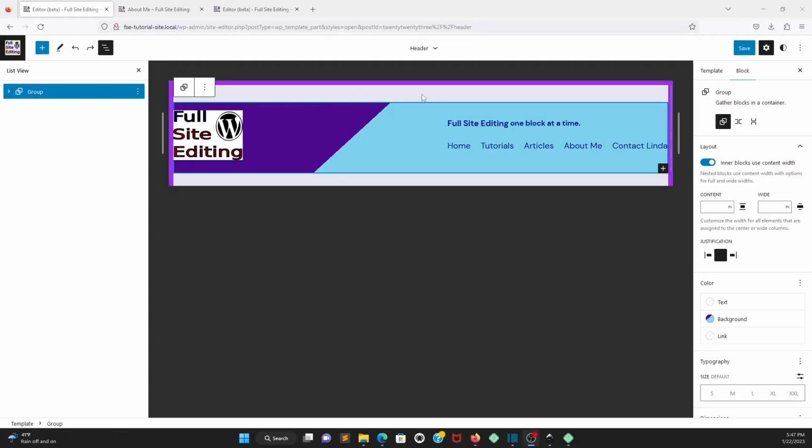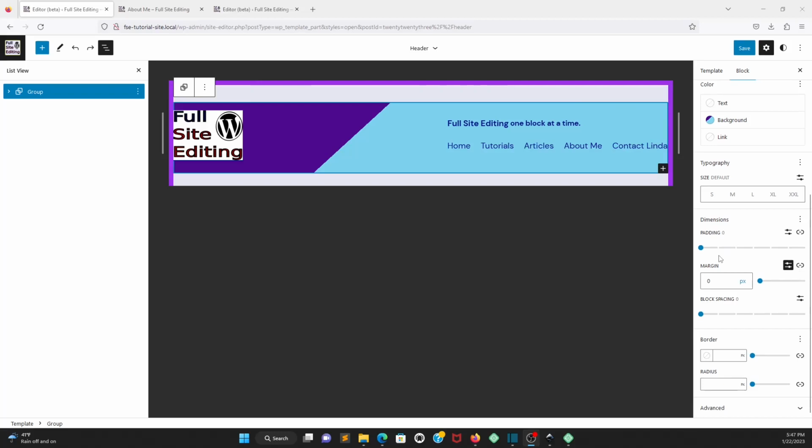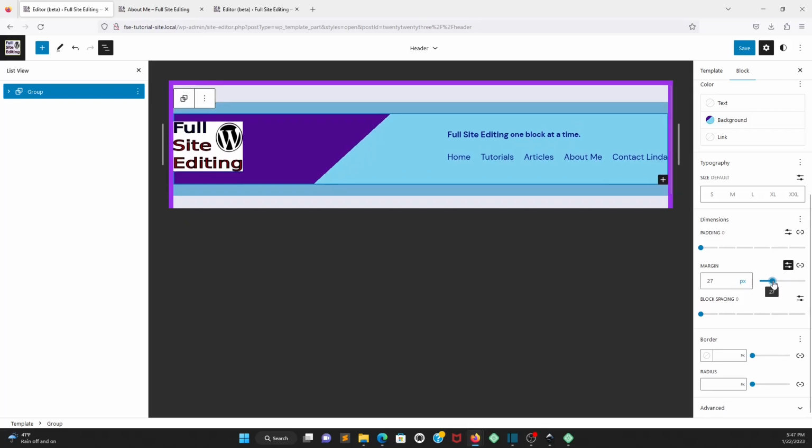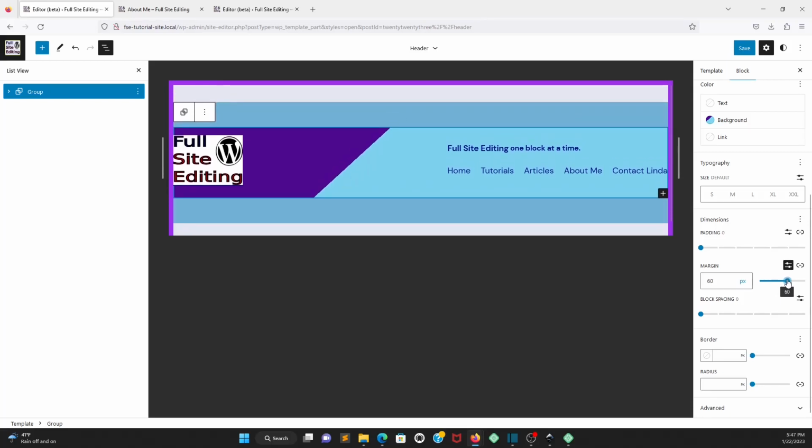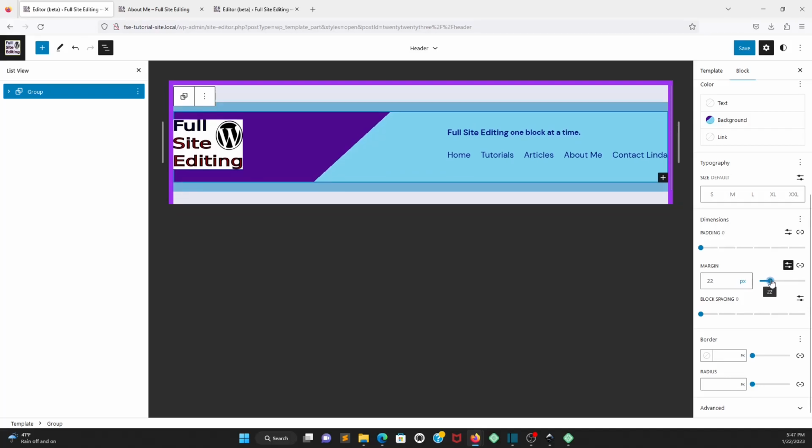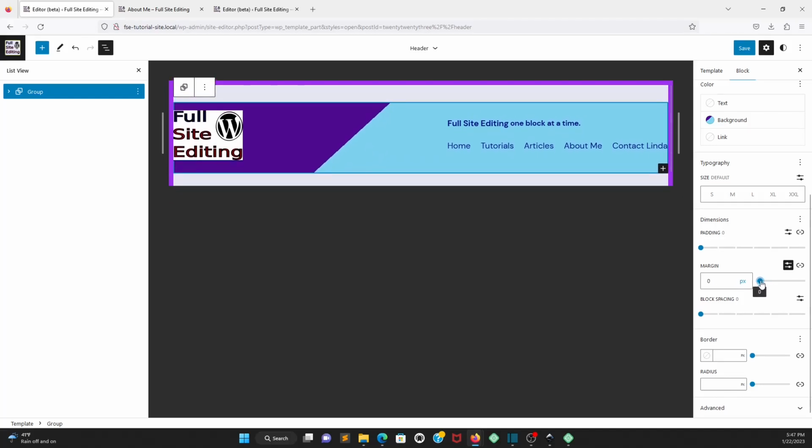We cannot seem to find a way to change this bar here by readjusting the margin here. If we move the margin, it makes it bigger, but you can see for just a moment it shows this blue. So there is something more to this space. Now, if we look at this whole from an outside point of view, this header template is part of a bigger page. So if we go to the template setting,